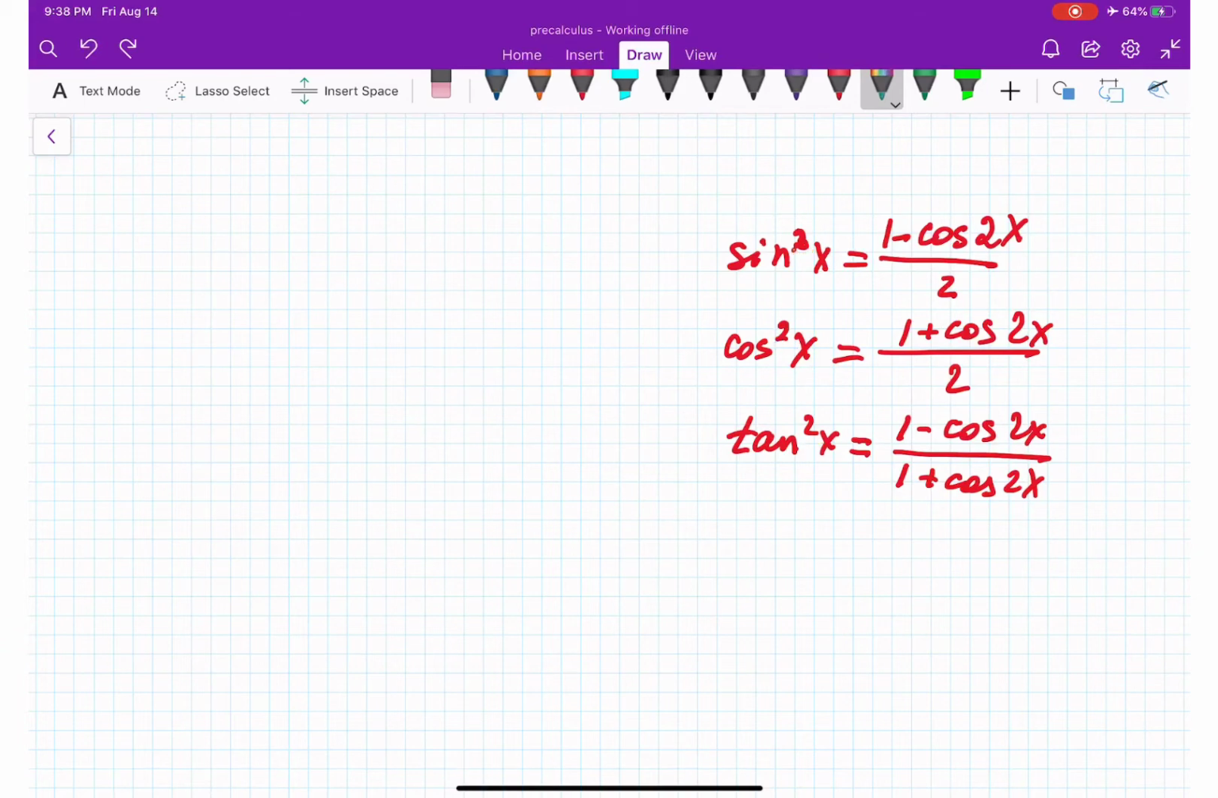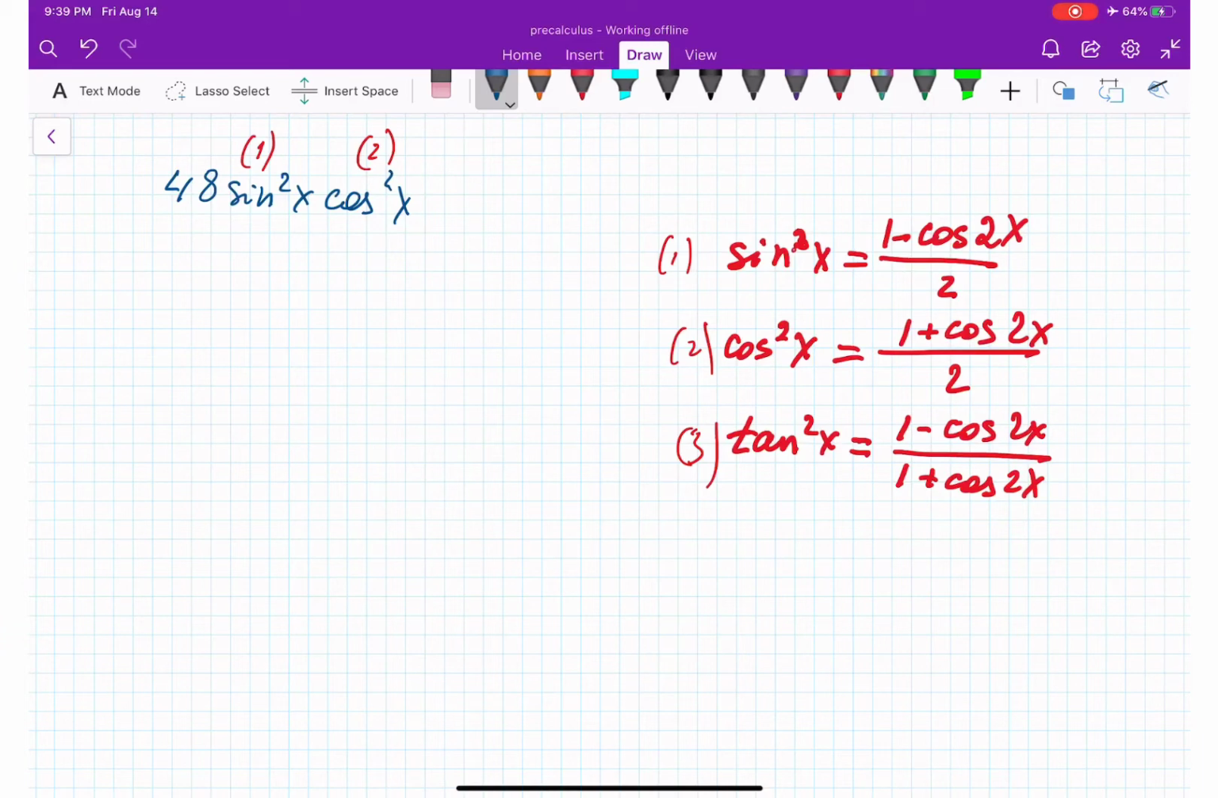Okay, so let's assume we have 48 sine square x cosine square x. So what we are going to do is apply the first formula over sine square x, and the second formula over cosine square x, and we are going to get